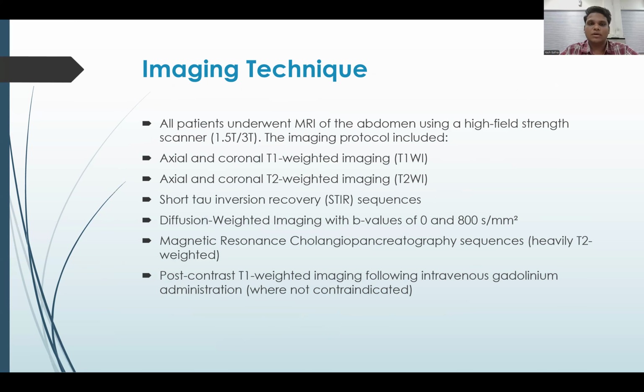Imaging techniques include patients undergoing MRI abdomen in 1.5 or 3 Tesla. So the imaging protocol included axial and coronal T1 weighted imaging, axial and coronal T2 weighted imaging, STIR sequences, DWI and ADC at B values of 0 and 800, MRCP sequences, and post-contrast T1 weighted imaging